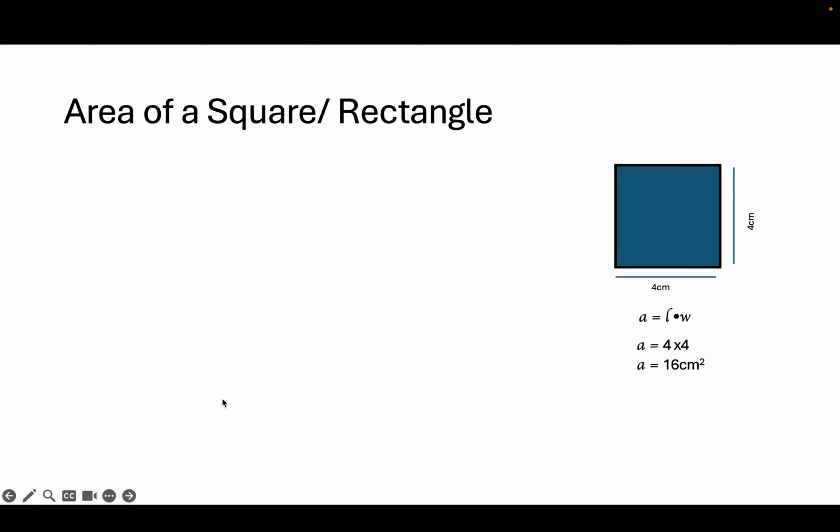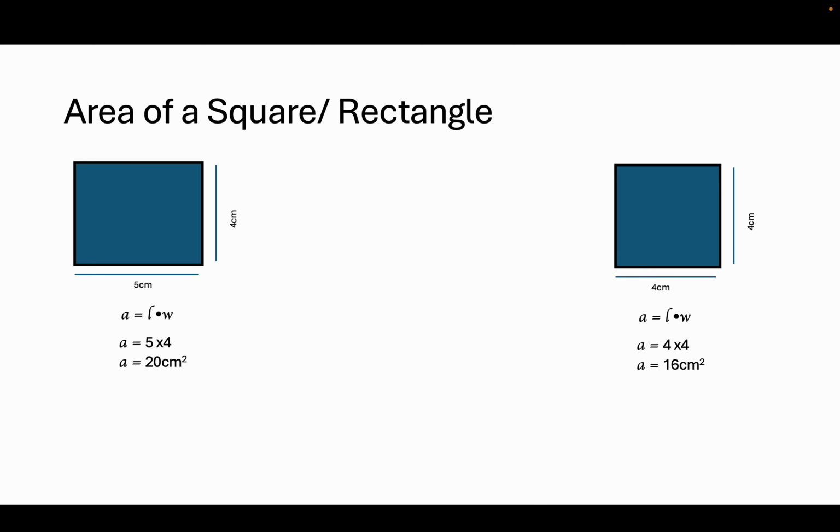Now we're going to move on and do a rectangle. So a rectangle is the exact same formula as a square. Length times width. Except a rectangle has two sides that are the same. So this side would be side 1. And this, you could also put side 1, side 1. So that means they're the same length. And then side 2 and side 2. That is a rectangle because it has two sides that are the same and another two sides that are the